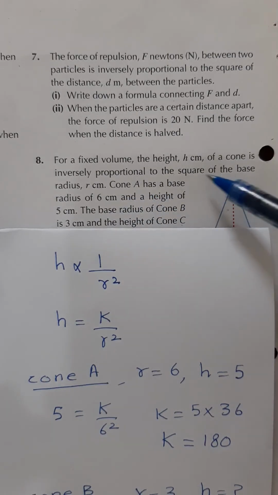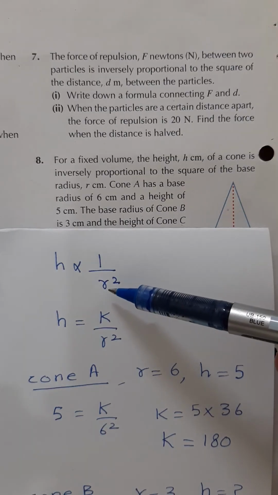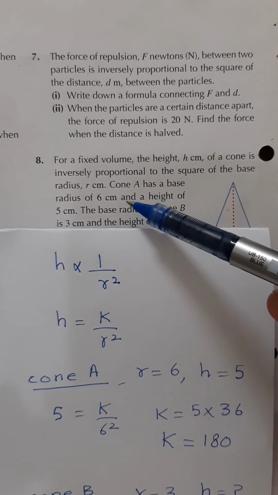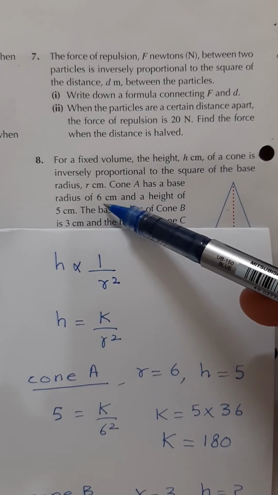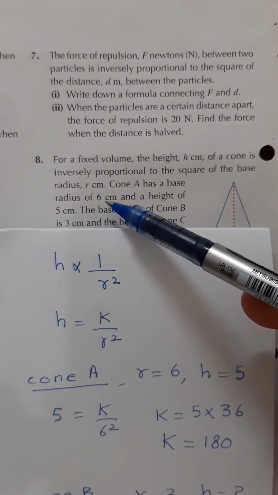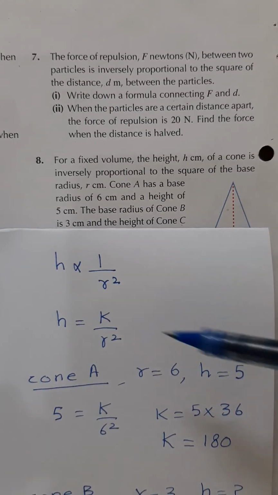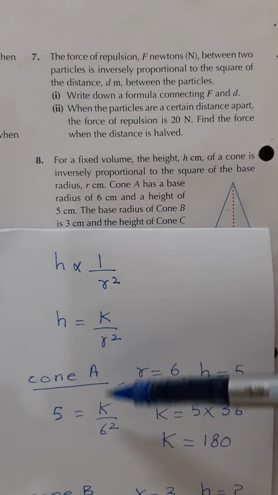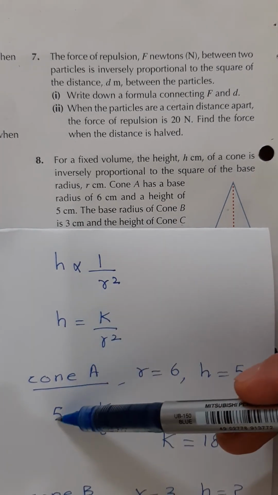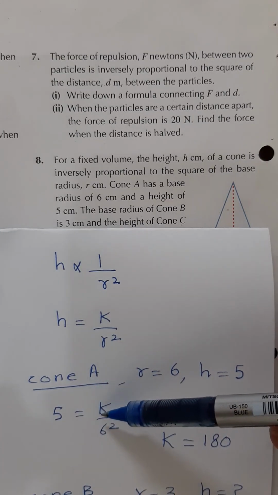The cone A has a base radius of 6 and a height of 5. Now using r equal to 6 and h equal to 5 you can find the value for K. R is 6, h is 5, 6 square is 36, 36 into 5 will give you the value for K,